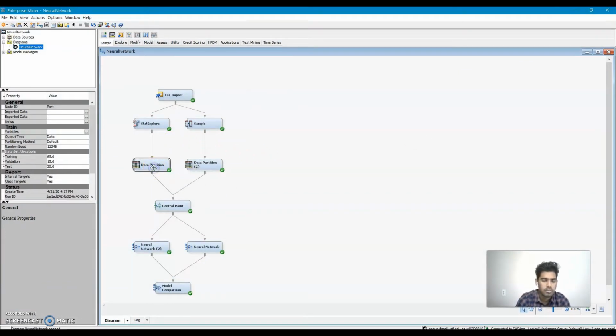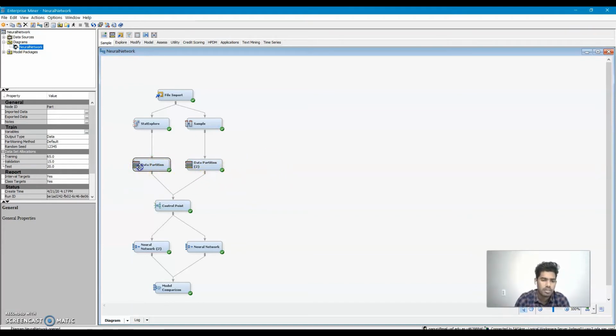After that, my second concept comes, which explains why we need to partition the data. We need to partition the data because we cannot use the same data for training and testing the model. If we use the same data for both, we would get good accuracy results, but our model will only fit our training data. And if a new data set comes, then our accuracy will go down completely. So to avoid that problem, we need to use different data sets for training and testing purposes.